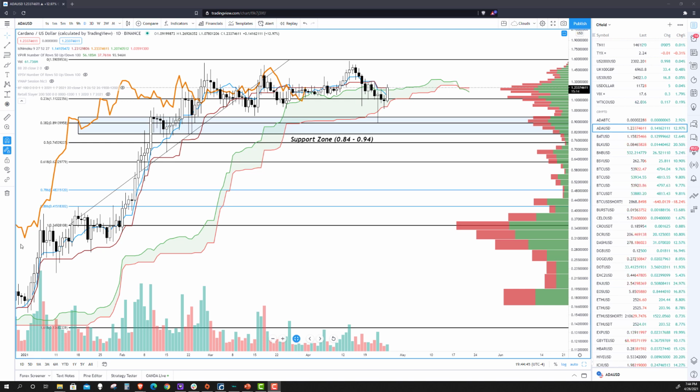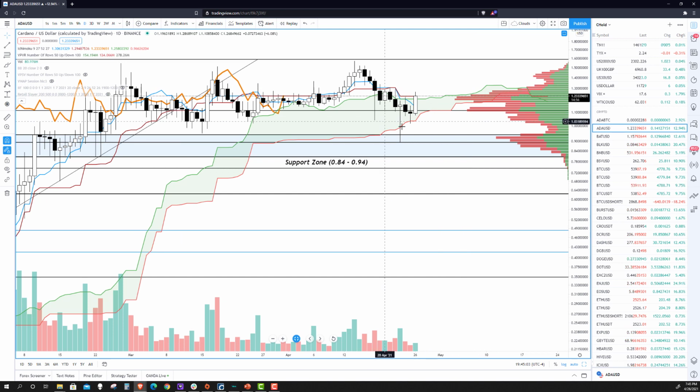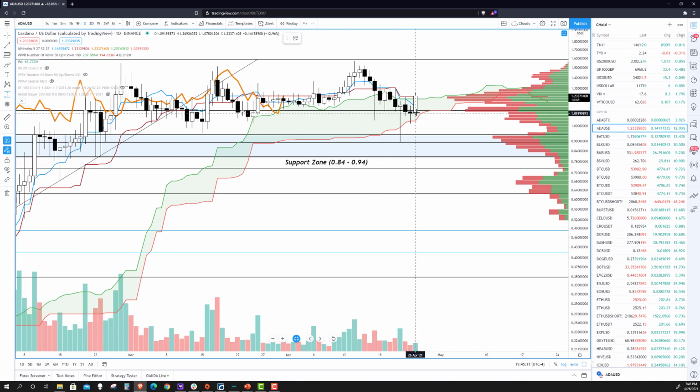On Friday, we discussed the nice bounce that occurred with Cardano, bouncing right off of the support zone that we targeted and looked at. And we saw a little bit of a retracement of that move on Saturday and Sunday. Then fast forward into Monday's trade, and it's been a really nice bounce up. I think we've gone up as much as, did we hit 15%? I can't remember if we did. Let's just check. From the open, we went up as much as, more than that,